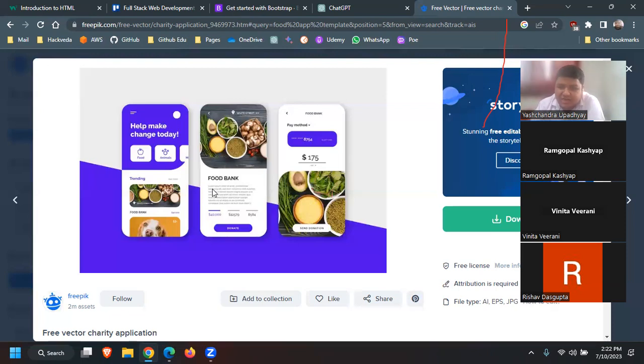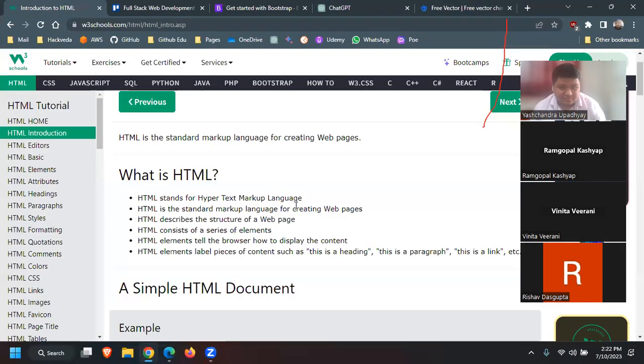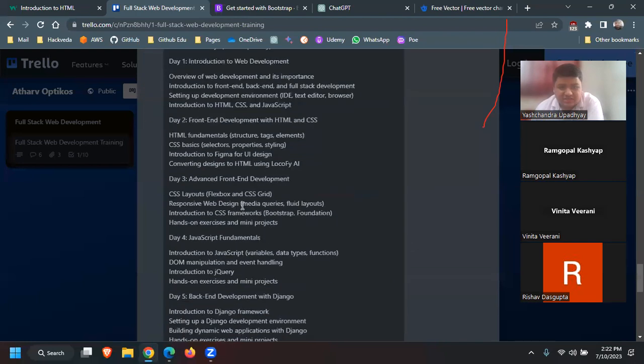So tomorrow we will have an entire day scheduled for the CSS. You can see that tomorrow we have advanced front-end development, where we will be talking about the CSS